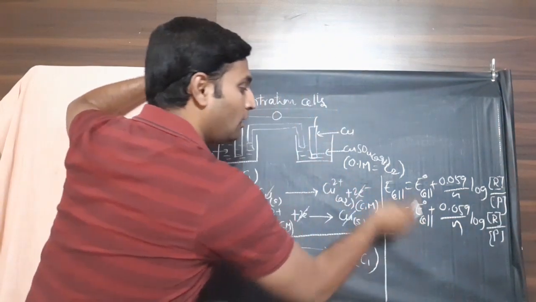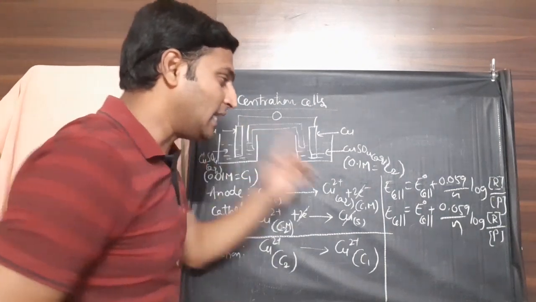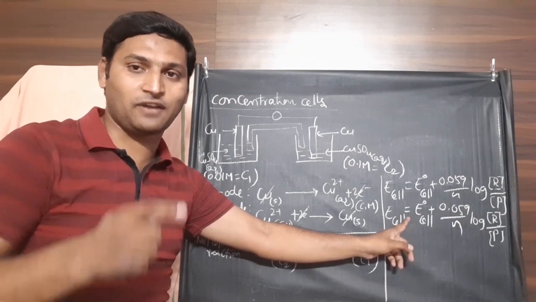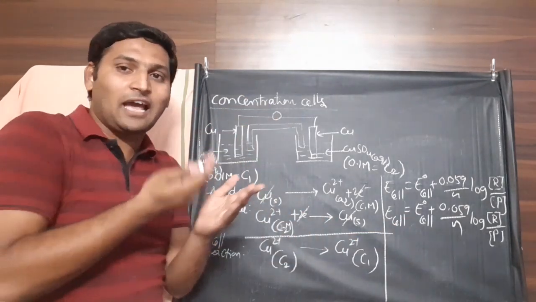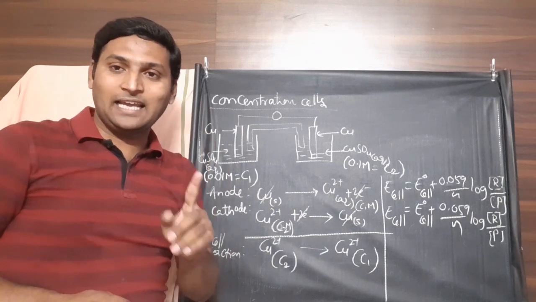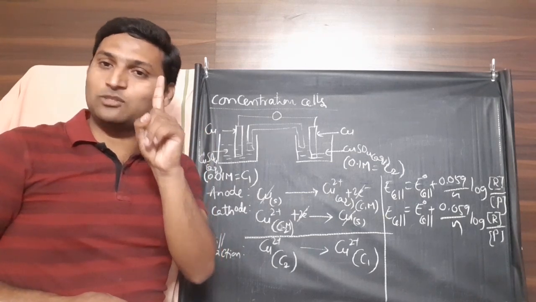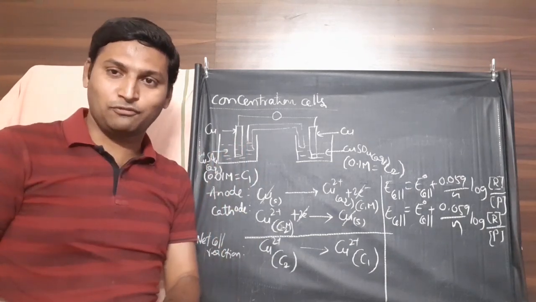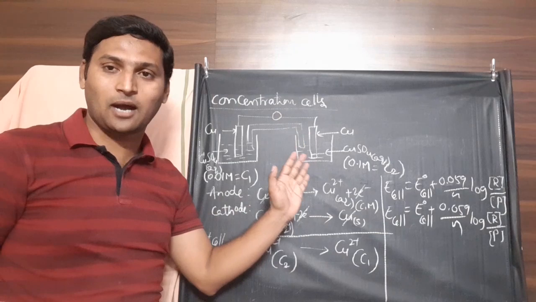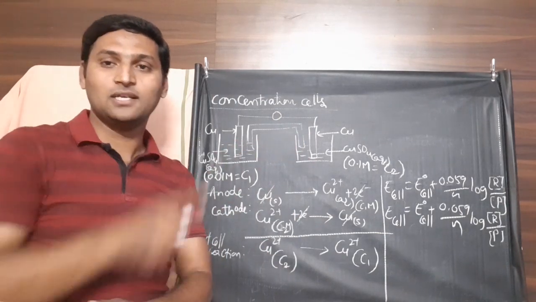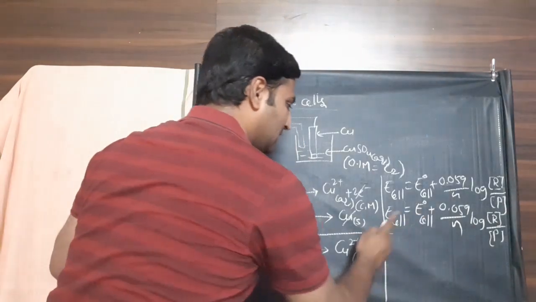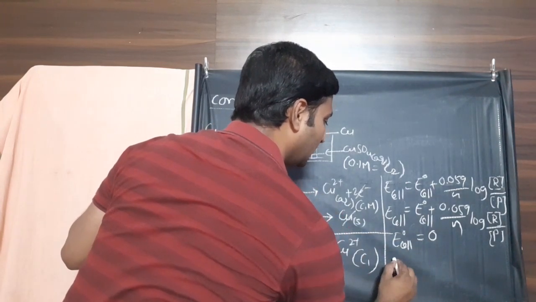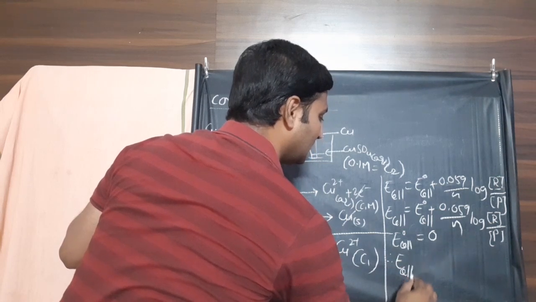Now comes the question, what is E naught cell? You know E naught cell, the standard cell potential, is nothing but the SRP value of cathode minus the SRP value of anode. And SRP values are the values of any electrode when the concentration of the solution is 1 molar. That means the SRP value of the copper electrode is 0.34. In this case, both cathode and anode are copper. So 0.34 minus 0.34 is 0. Because E naught cell is 0, you can write the final expression. E naught cell is 0. Therefore, E cell is equal to